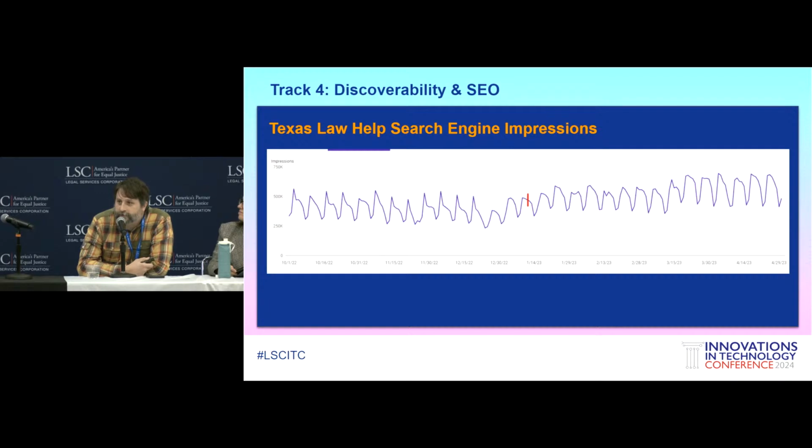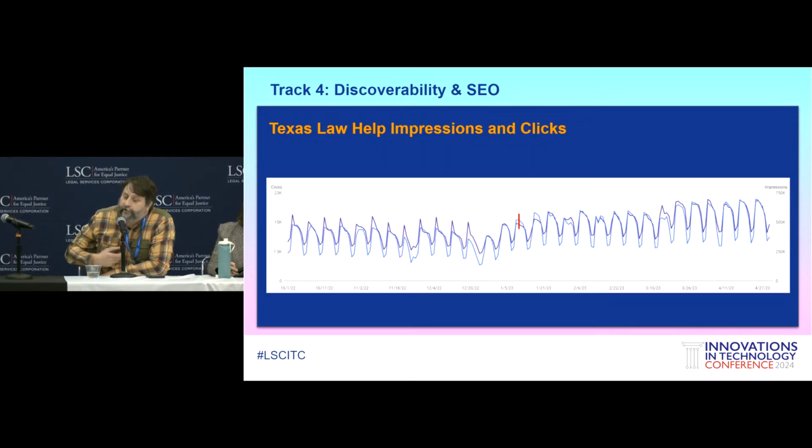And so this is a graph from Search Console. If you don't have Search Console, it's a little bit newer than Analytics, so I recommend that you get it. It's extremely interesting and helpful. You can see right there in the middle, that red line is about when we implemented schema, and that's the jump in our impressions. And you can see our click rate went up about the same percent. So it was showing the right people the right content.